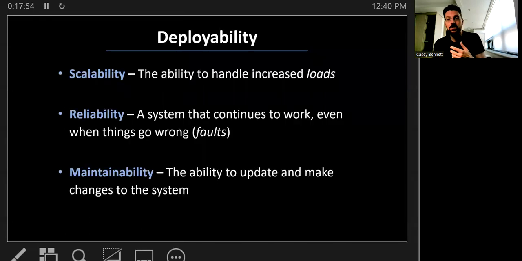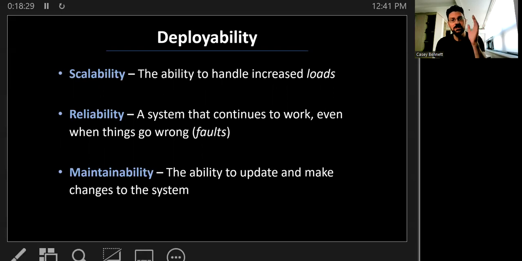The other problem is the world changes, right? I'll talk about this more in a second, but the world is always changing. So if we build a solution for today, that solution may not make sense tomorrow, or maybe next month, or 6 months, or a year, 5 years, however long. Eventually that solution is not going to make sense unless we can update and maintain it to adapt to the world, because the world is always changing. So that's what we're talking about with deployability. Deployability is generally defined by these 3 pillars, right?